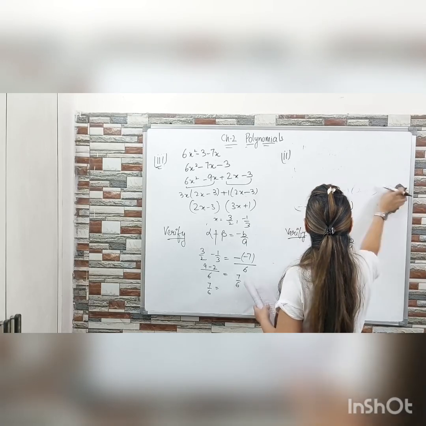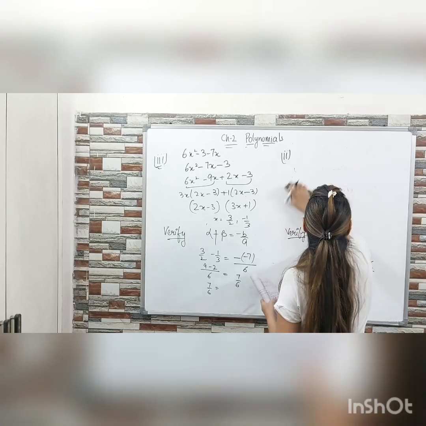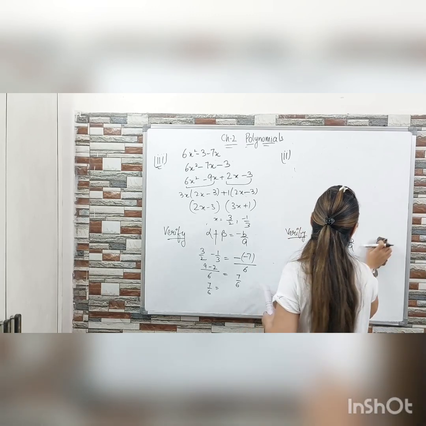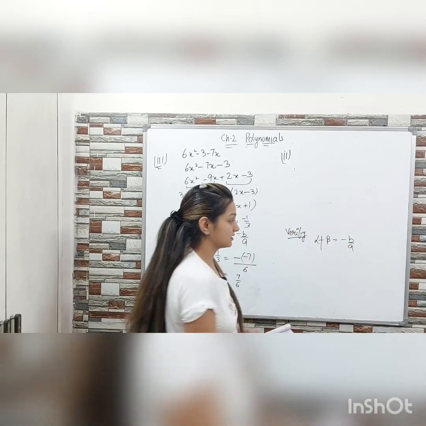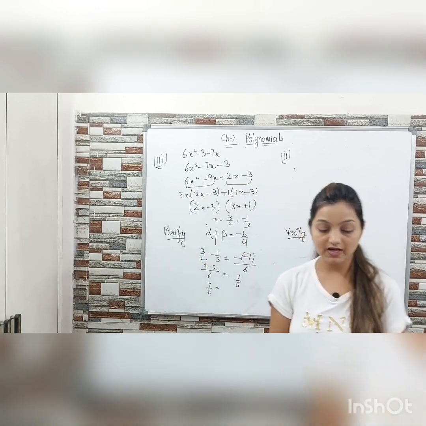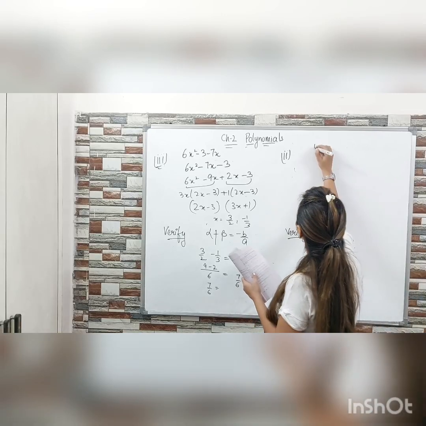It's very easy, then do the verification. That's all. Verification is always through alpha plus beta. The same way in the first question, I am doing all the parts. You can refer to any question, any part, you will find it and you can write it down.